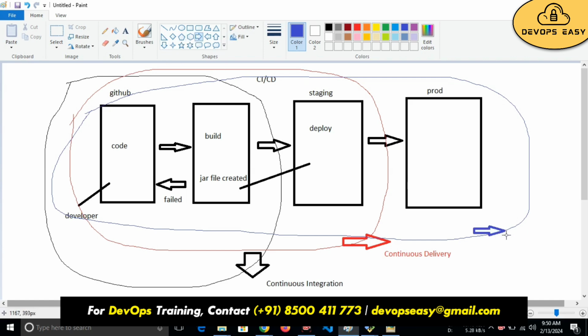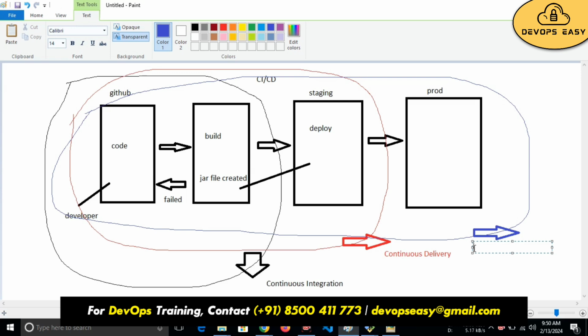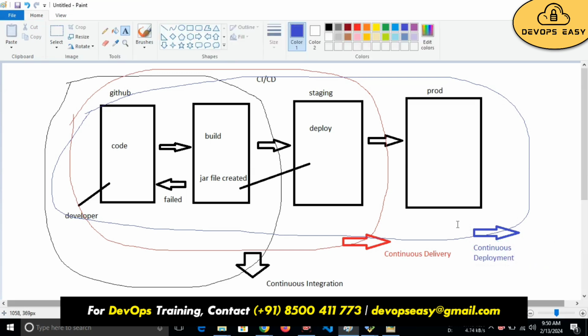If they ask, just tell. You need to explain this is continuous deployment. So if they ask what is continuous delivery versus continuous deployment, continuous delivery means your code will not be